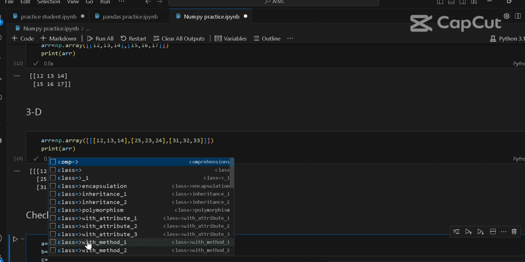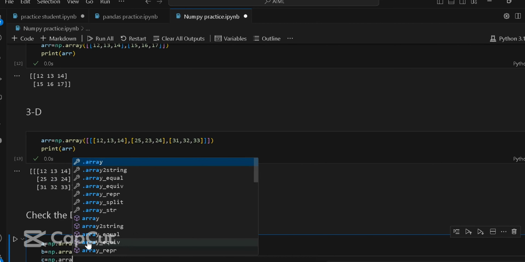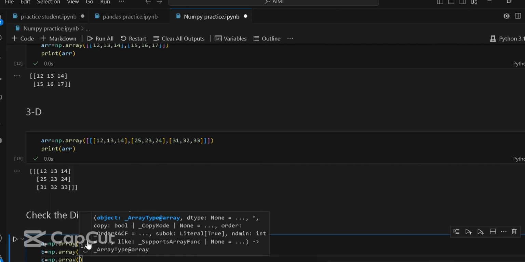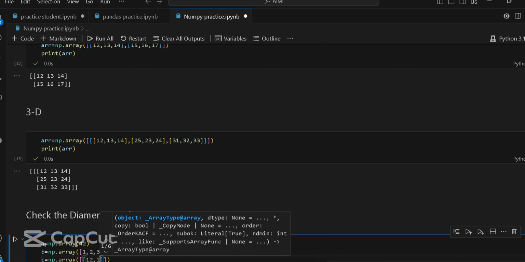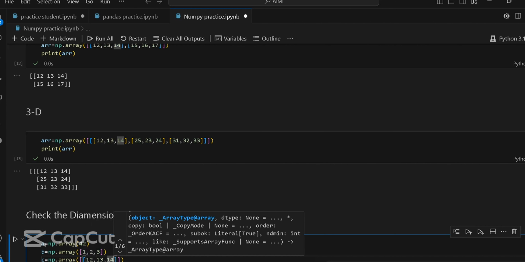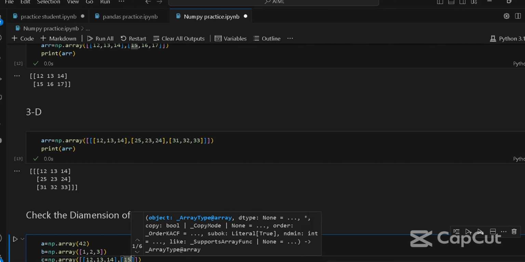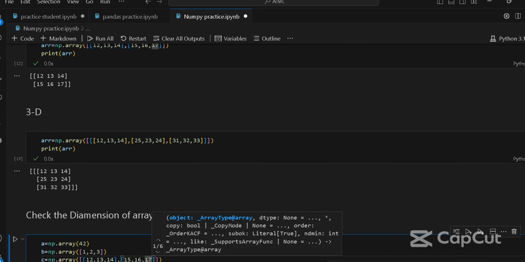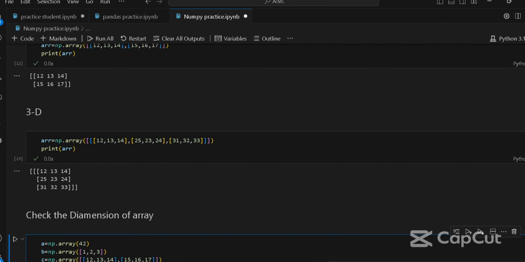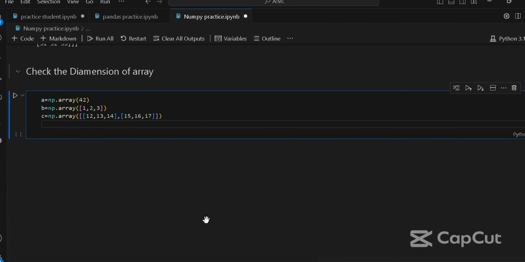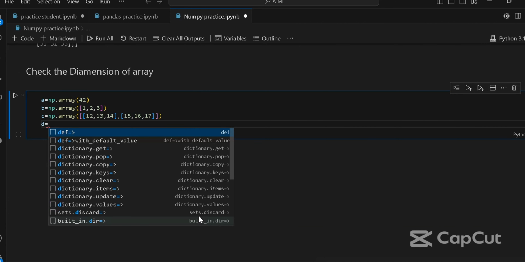Then c is equal to np.array, because it is a two-dimensional array, and d is equal to